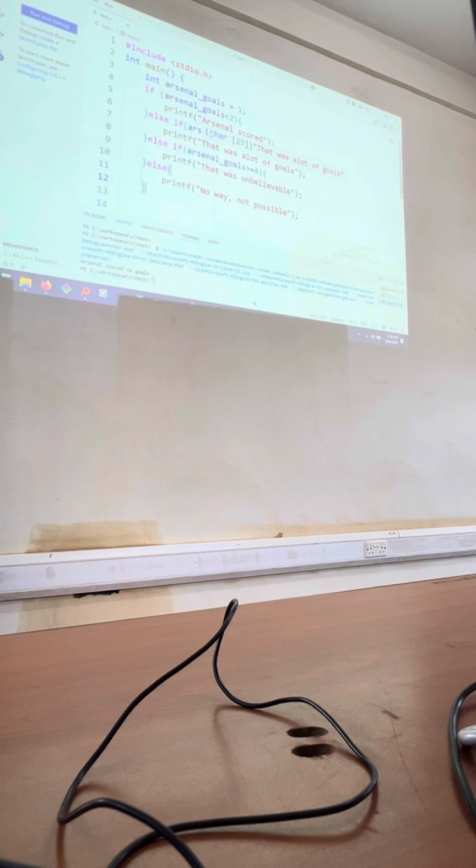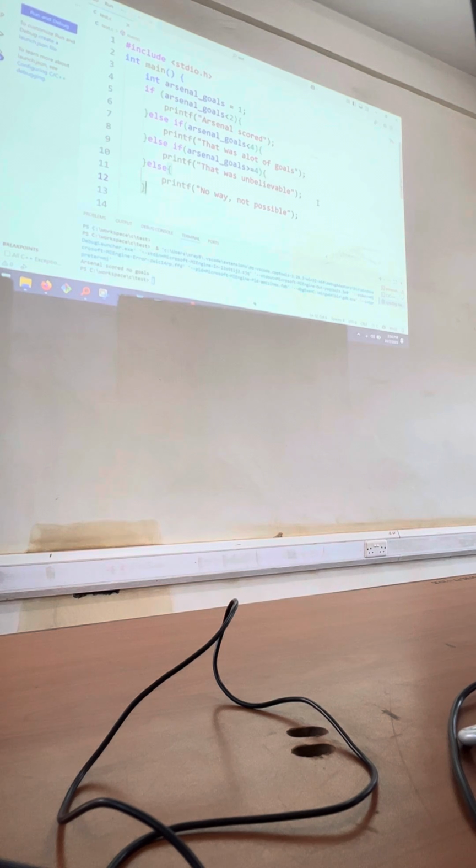So if we have 6 goals, if this value is 6, it's going to check here: is it less than 2, false; is it less than 4, false; is it greater than or equal to 4, true, then it will run this. Now that is if, else if, else if, else. You can have as many else ifs as you want.